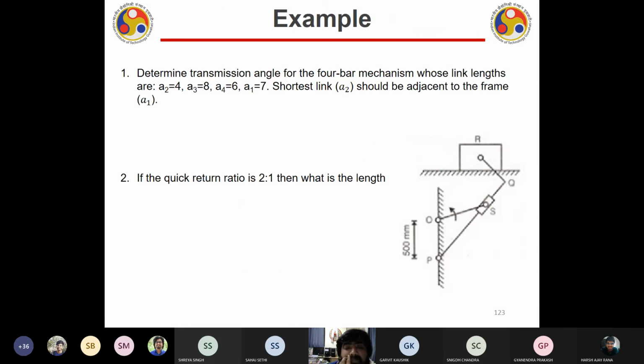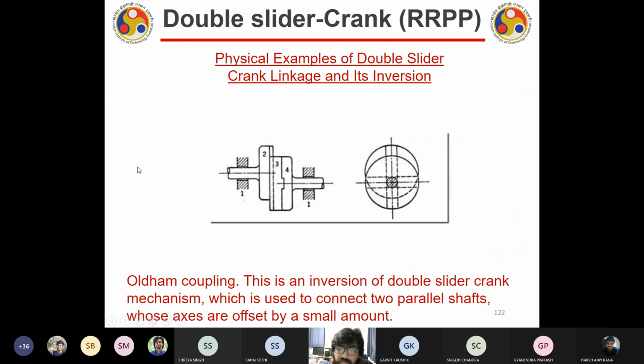Now let us solve this problem. Sir, why were we not able to weld the two? Okay, you weld it, then what will happen? Wait a minute, let me just show it. This is the shaft, right, Garvit? It is rotating. There is another shaft over here. You tell me how you will weld first of all, and what will happen when you weld it.